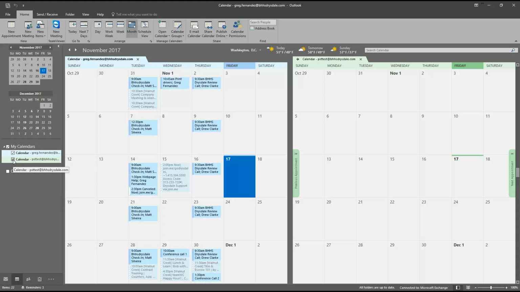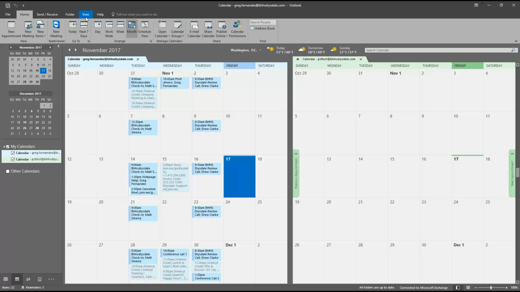And one's the old one, one's the new one. The old one's going to say local copy. And so we're moving everything from the old local copy onto the new one. To the new one. It's that easy. It is. It's drag and drop. The hardest part of this, and I've done this before, was just remembering how to get to that view, change